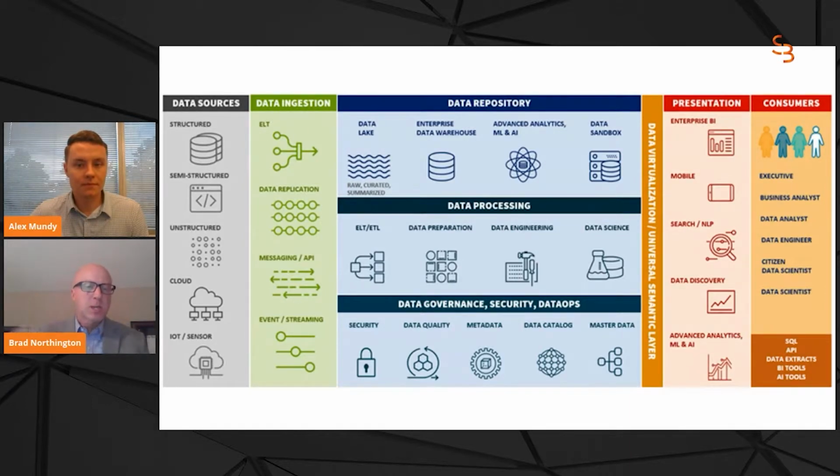Then you have that middle section, kind of the blue section, where you talk about your repositories. Again, we touched a little bit on, okay, it's very standard now to have a data lake. Just get the data to the cloud, get it there in a raw zone, and then from there you can transform, stage it, load it actually into tools like a data warehouse, and some other more advanced data science models. So understanding what the business needs determines what type of repository or housing of the data we need.